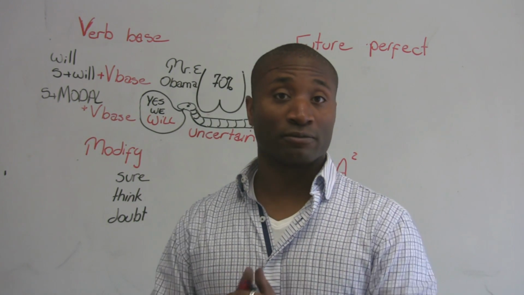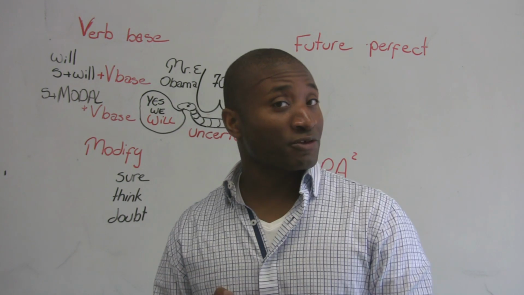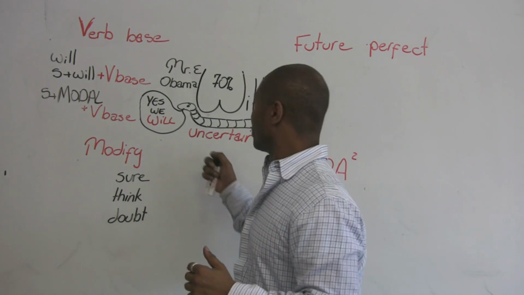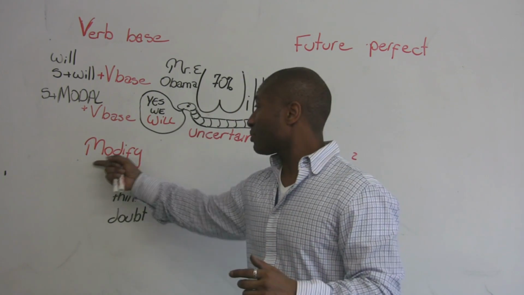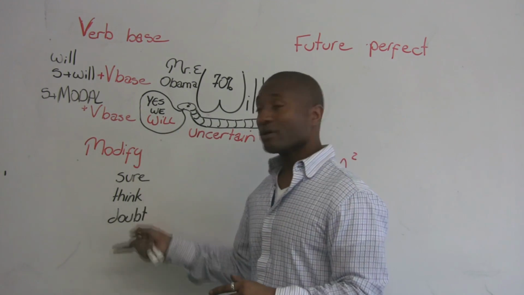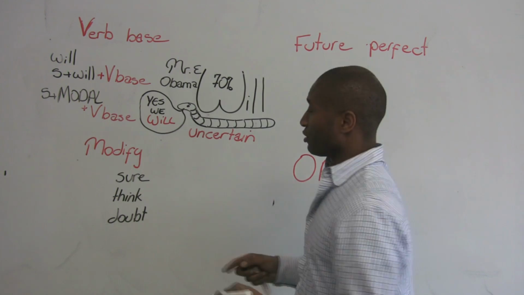I'm talking to you now. It's uncertain if I'll be talking to you tomorrow. Maybe you'll look at one of the other teachers on engVid. Go and check it out, okay? But I'm pretty certain you'll come back later on. But will means uncertain. Modals are uncertain because we talk about modification. Modal, it modifies itself depending on the tense. So let's look here when we talk about how does it modify. Well, if I want will to be stronger, I could actually say